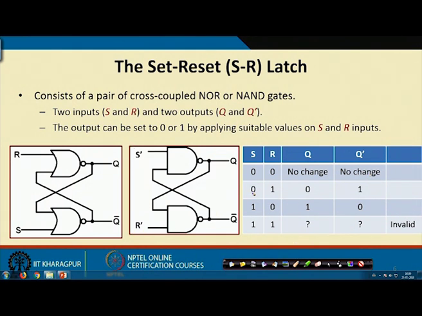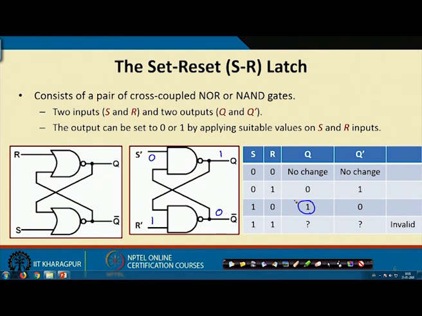So, if I apply S equal to 0 R equal to 1, S equal to 0 means S bar is 1, R equal to 1 means R bar is 0. NAND gate, any input 0 will force the output to be 1, 1 and 1, this will be 0. So, you see the output is 0. Similarly, if you apply the reverse, S equal to 1 R equal to 0, this 0 will make it 1, this 1 will make it 0. So, the output is 1,